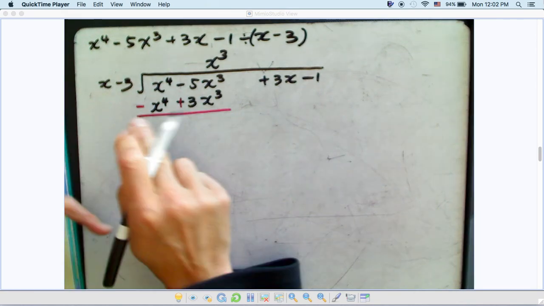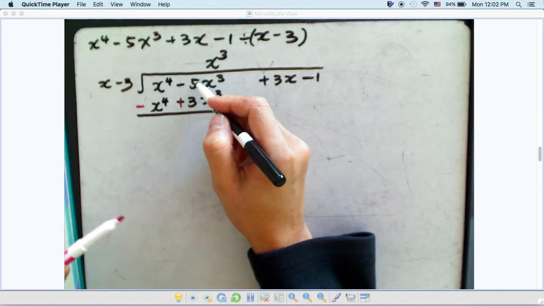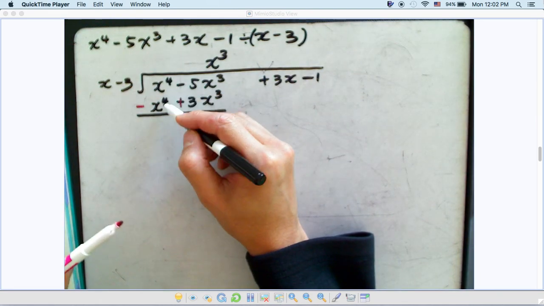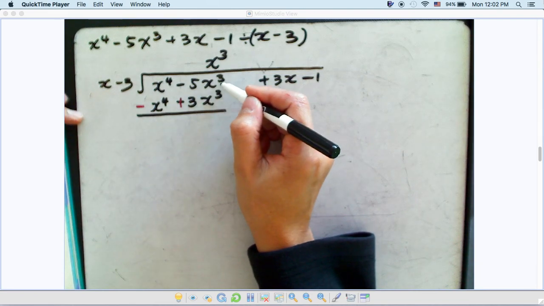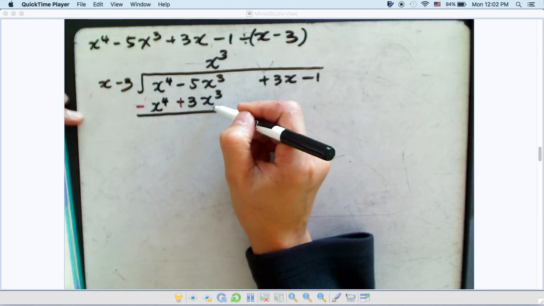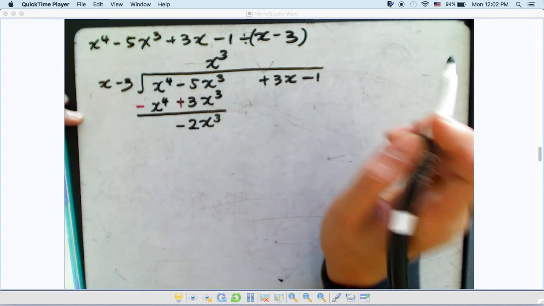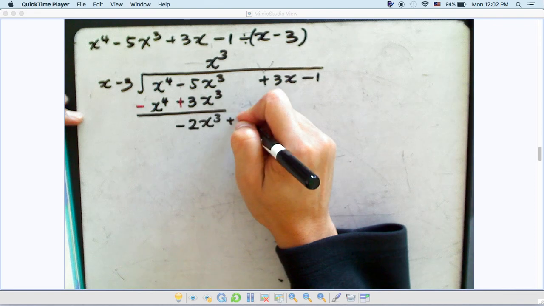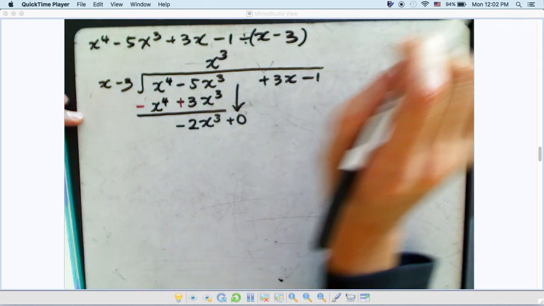Then we will get negative 3x to the fourth minus x to the fourth gives us 0. Negative 5x cubed plus 3x cubed will give us negative 2x to the third plus 0. Right? You drop it, right? So now you look at